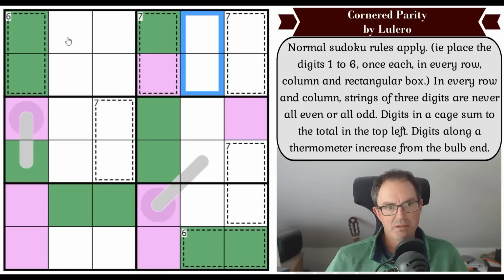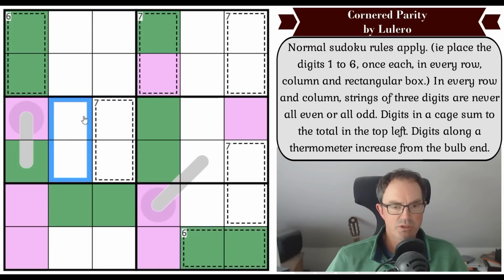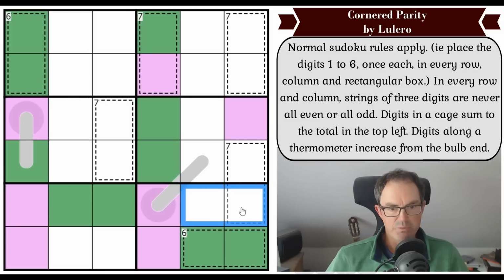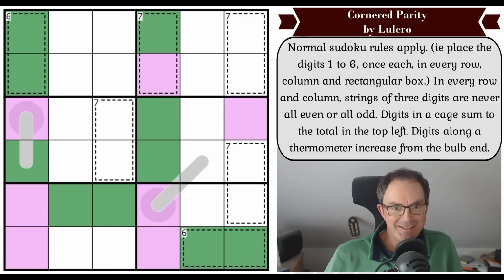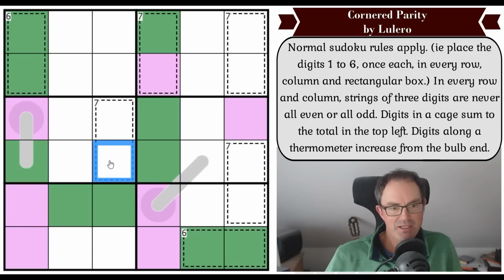There's got to be... These can't both be green, obviously. So there's some purple in here. This is one of each. So this is one of each. This is one of each. I'm looking for opportunities to use this trick again with the no 3 in a row rule. I'm doing very badly. If that was green, all of those would be purple, and that would basically fill the puzzle. And if that was purple, that would be green, and both of those would...